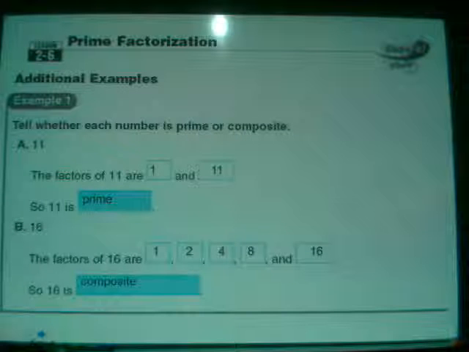16 divided by 2 works. And that's going to make that be composite. Now,